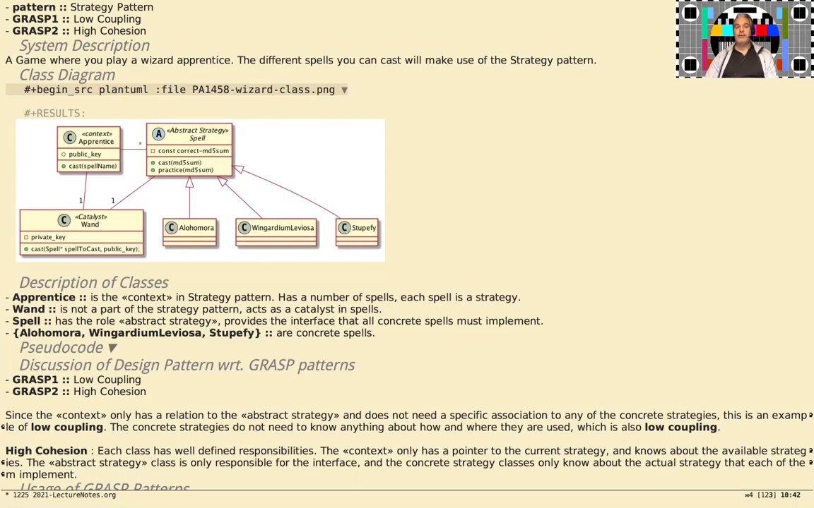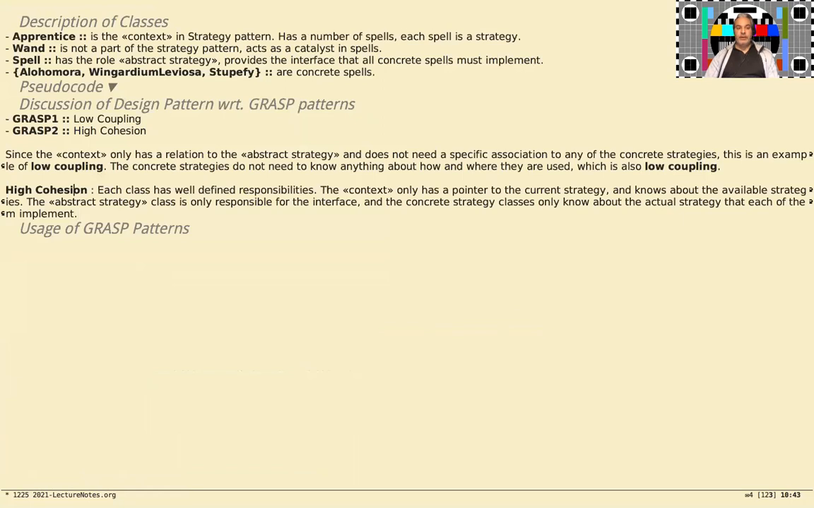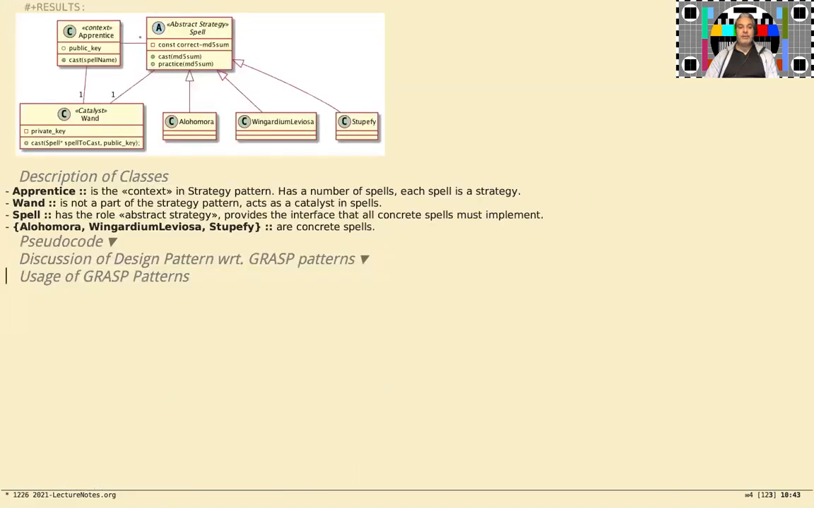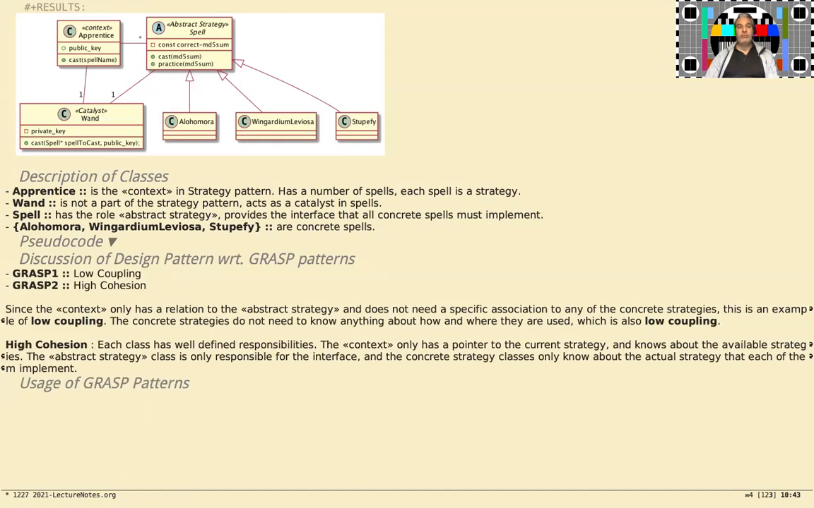All of this contributes to high cohesion. All right, last bit. This is going faster than I expected. But the last bit is then how are we using these patterns? Well, as in the discussion, so we follow these principles. And in addition, what do we do? Well, we